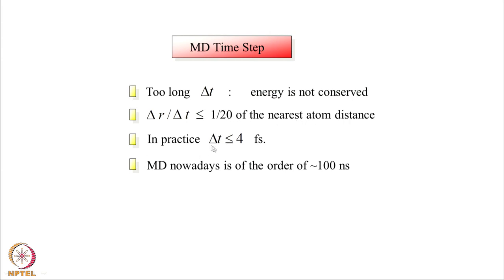time step. So, typically in practice a delta t of less than 4 femtoseconds is very good. A femtosecond is 10 to the minus 15 seconds. So, ideally one uses around 0.1 femtosecond or 2 femtoseconds. These are very good time steps for complex molecules. For very simple molecules, you may even use up to 5 femtoseconds. Nowadays, because we have fairly good and fast computers, molecular dynamics is done for about 100 nanoseconds. Remember, I had a T max in the last slide. Typically, one does simulations for 100 nanoseconds to get convergence.